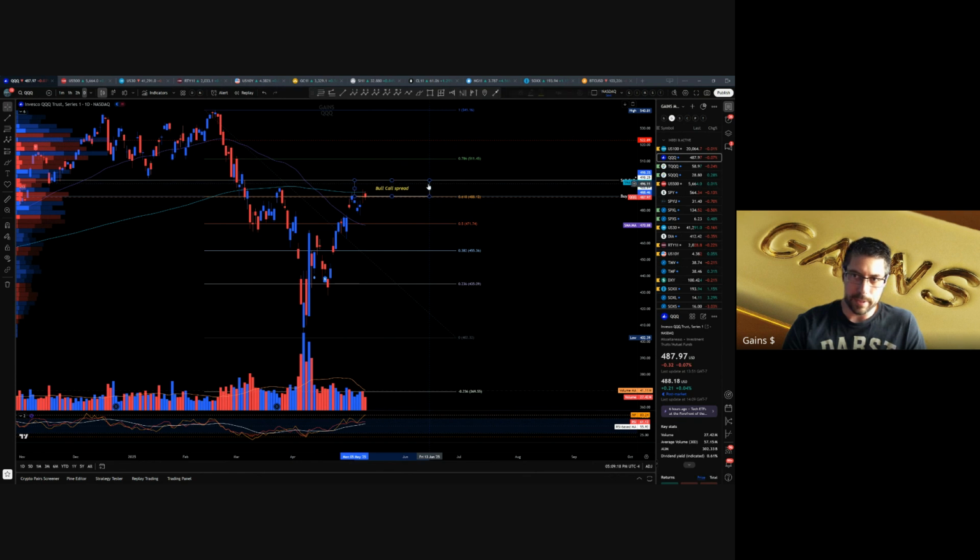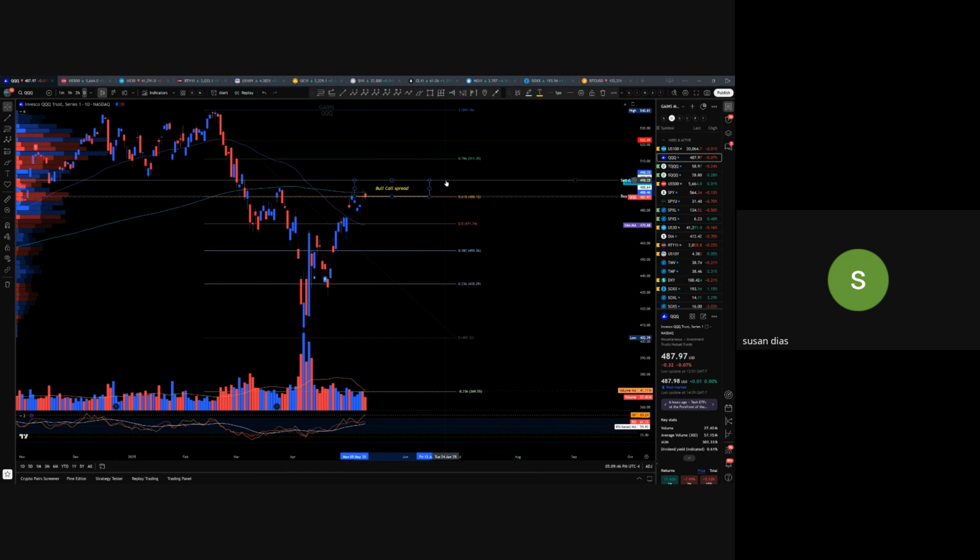So pretty much the magic of the spread is that if you pick the right spot like this, and it chops around, the theta burn is going to be minimal. But if the price does hit your upper level, you can still make a lot of profit, because you have calls that were bought at the 488 level and sold at the 498 level, so you would get that 10-point gain out of your call option. Does that make sense? Hopefully I'm explaining this correctly. Yeah, I've done longer term bull call spreads. It's binary, but if you have a sense, I've been more of a buy and hold long term.